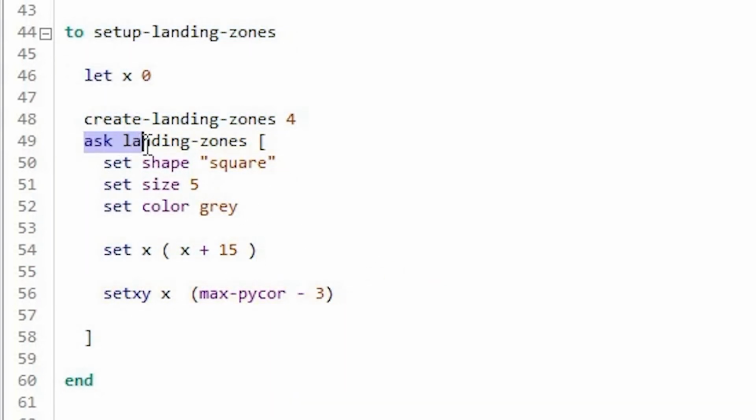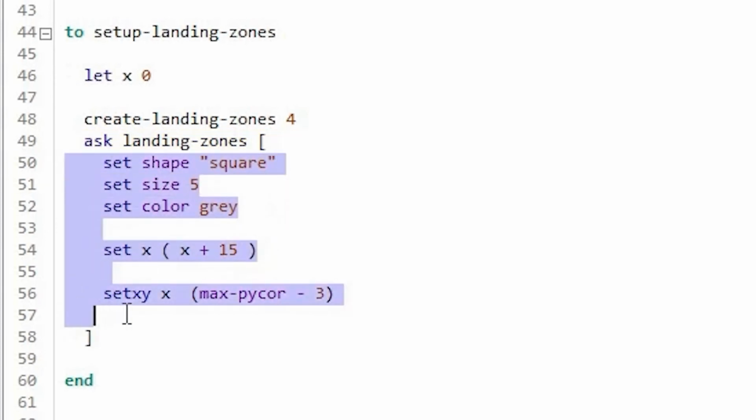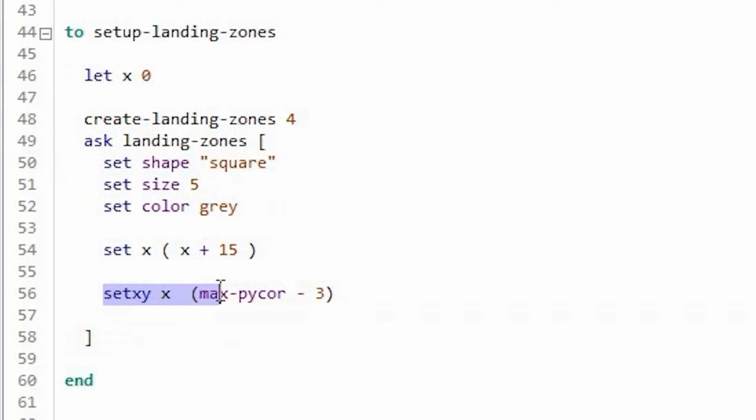So here we have an ask statement: ask landing zones to get this shape and change the location to these XY coordinates. At the same time, inside the same ask code portion, we can say, okay, now hatch some enemies.